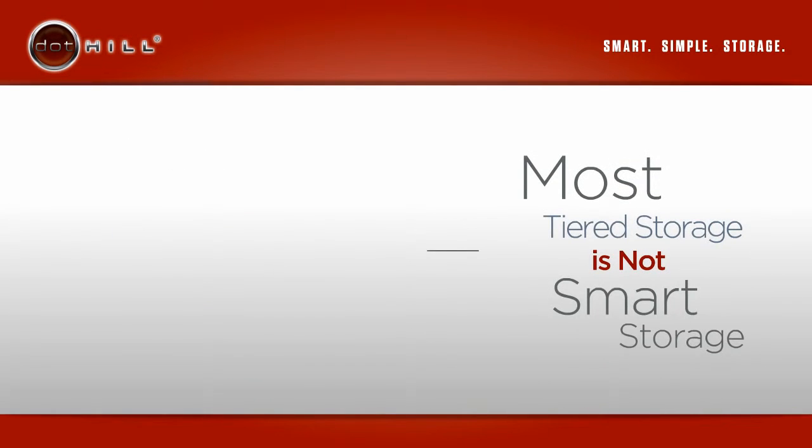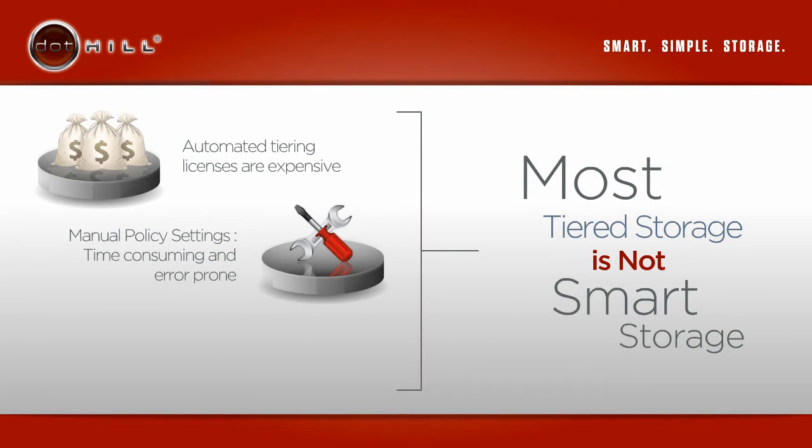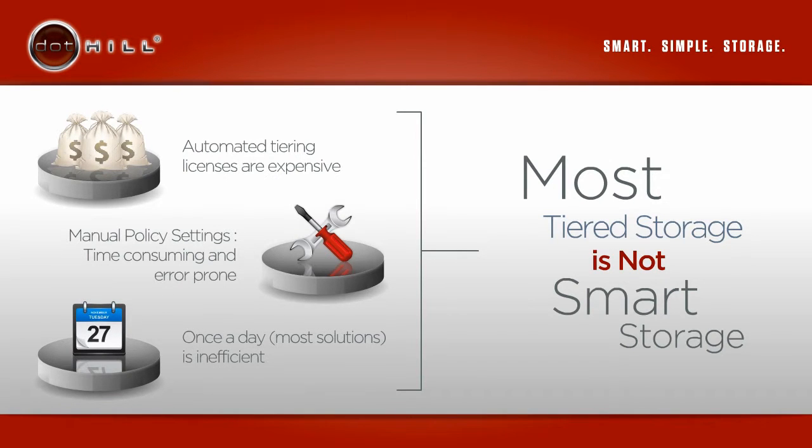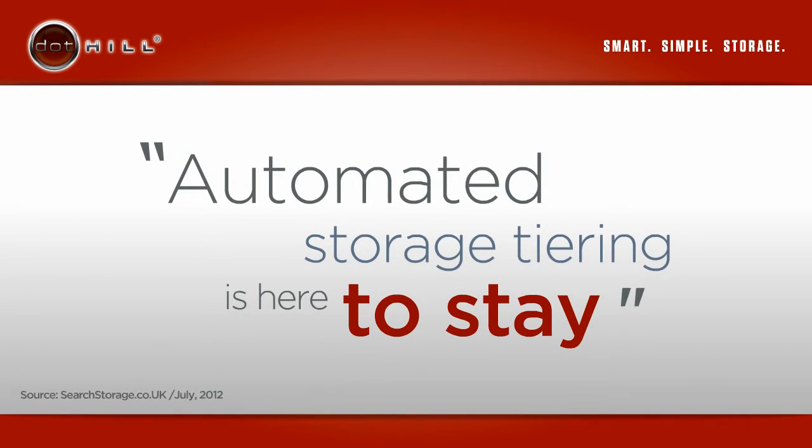Why aren't other automated storage solutions all that smart? Well, they are targeted at enterprise customers and are very expensive to license. They are difficult to manage because they require manual policy settings. And finally, their batch migration methodology is ineffective. By moving data around once in 24 hours, these solutions in effect prioritize yesterday's hot data. Automated tiering displaces backup data reduction deduplication as the hottest technology in storage on the InfoPro's proprietary Technology Heat Index,